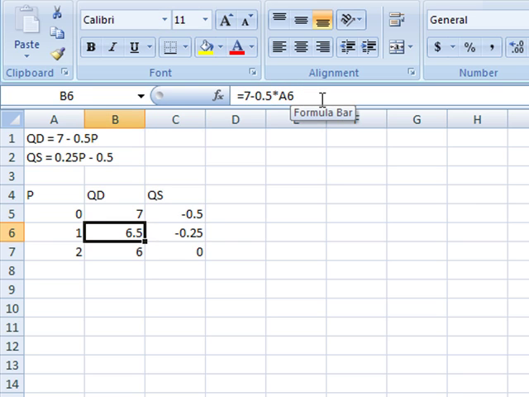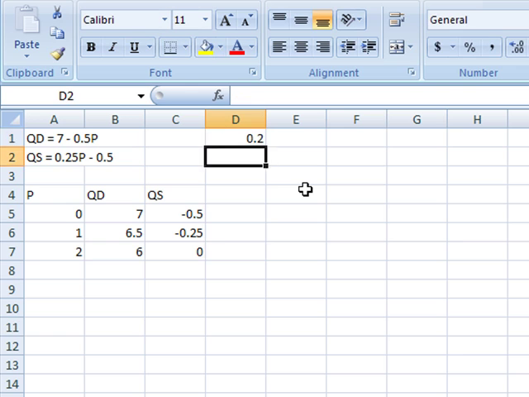Same thing over in the quantity demanded column. Every once in a while you might see little dollar signs in front of some of the letters. If you use an equation and you don't want the variable to go from A5 to A6 to A7, but let's say you had another number written up here and you always wanted to refer to that, you could put a dollar sign in front of each of the A and the 7,